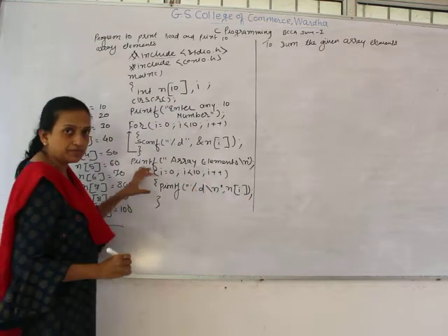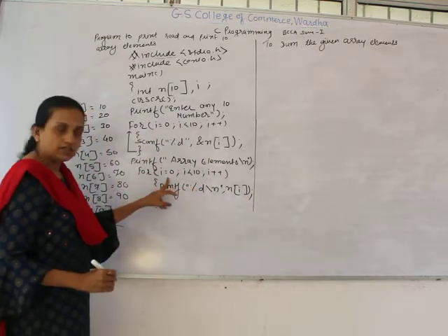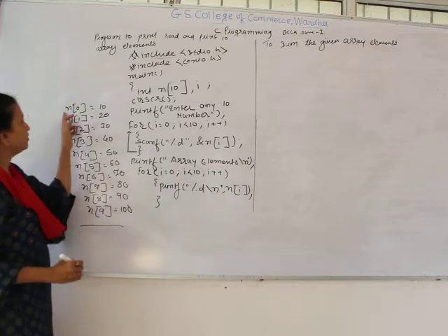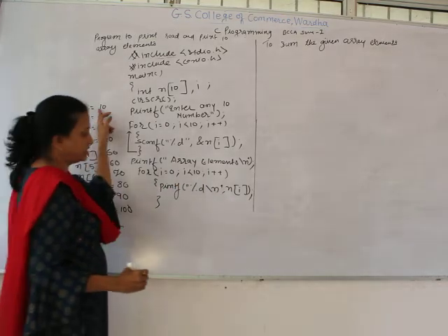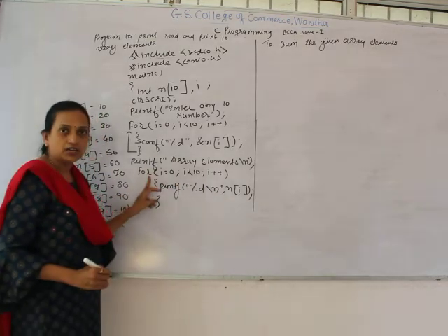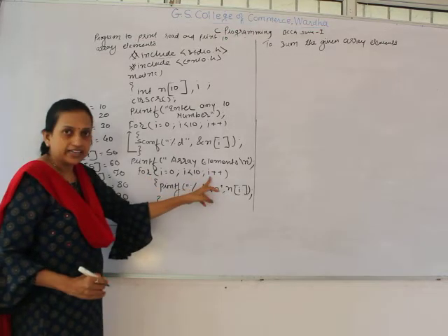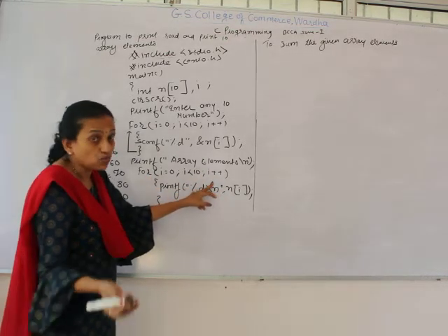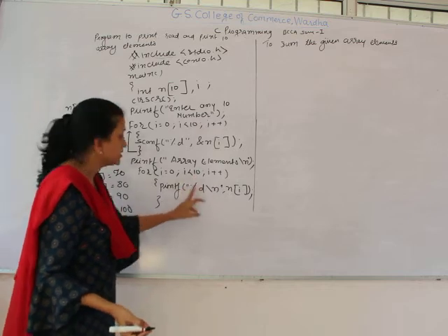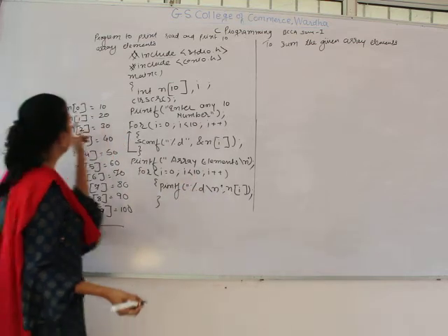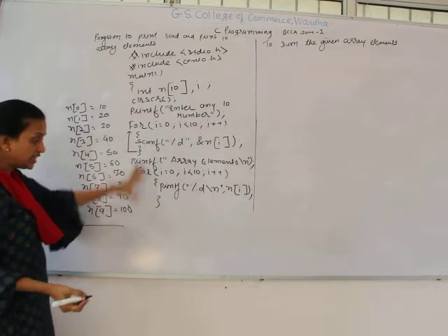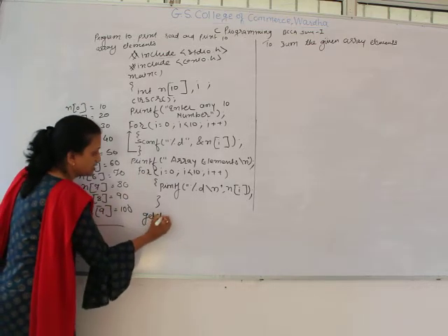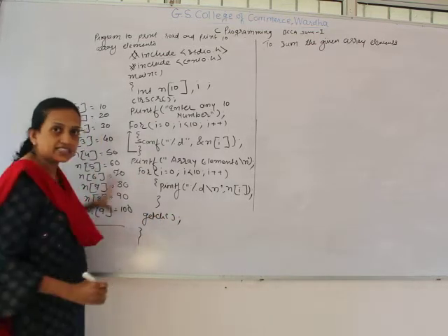So here also the same thing will happen. First the value of i is 0, and 0 is less than 10. Yes, so it will print the value of n[0]. Again it transfers back to check the condition with the updated value of i. Now this time i becomes 1, and 1 is less than 10. Yes, this time it will print the value of n[1]. So in this way you can access the elements. I hope you understand this.